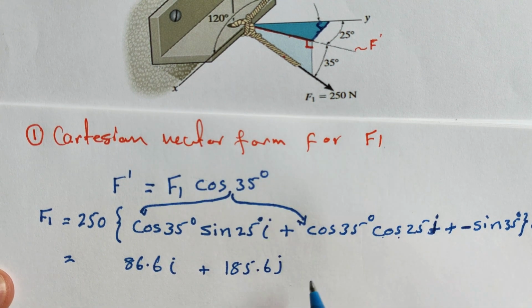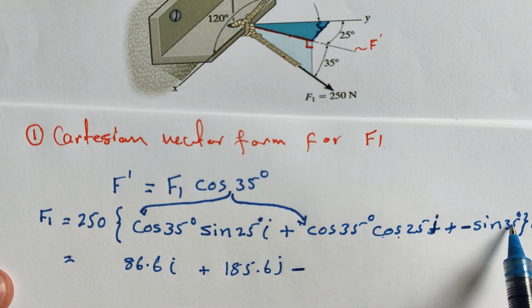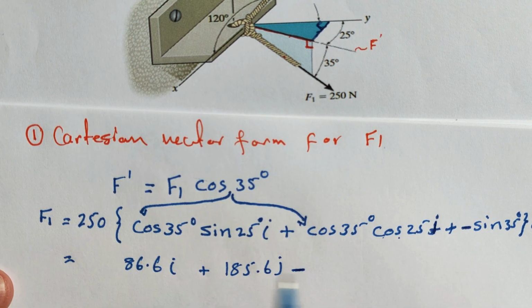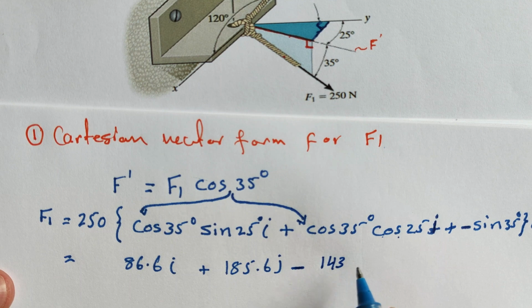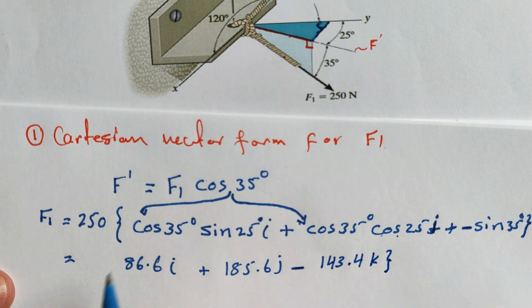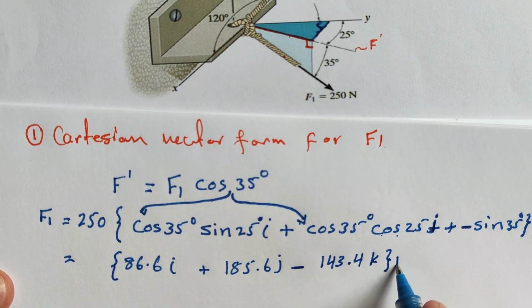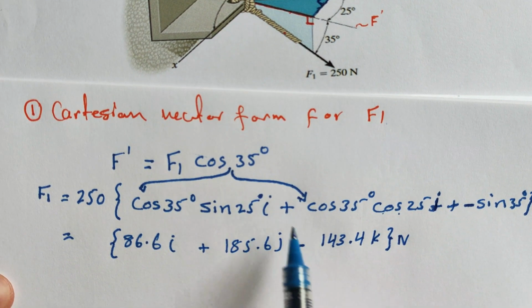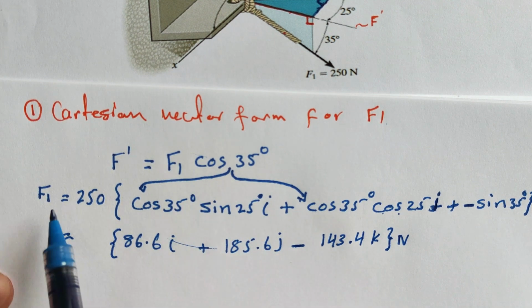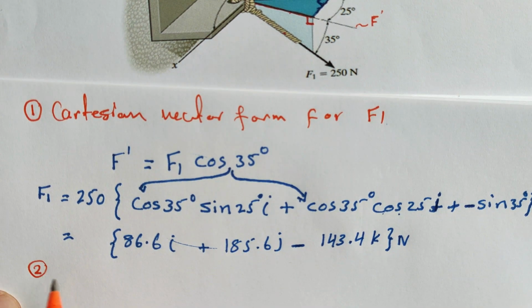Of course, this is plus minus, it's negative minus. So sine 35 times 250 should result in 143.4 K, and of course this force is expressed in Newtons. Now, this is the Cartesian form for F1. So number 2 here, the Cartesian